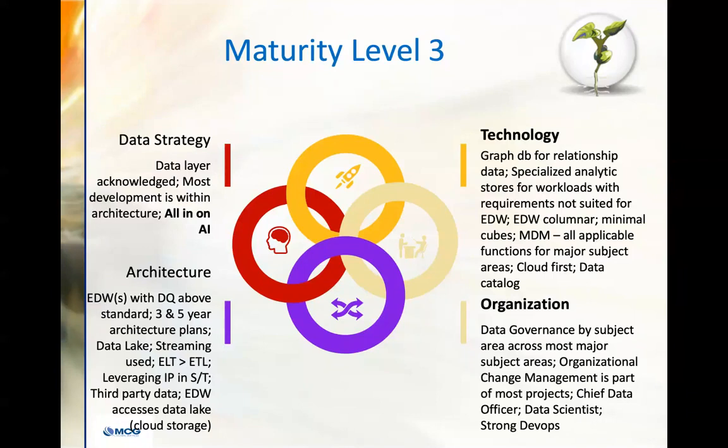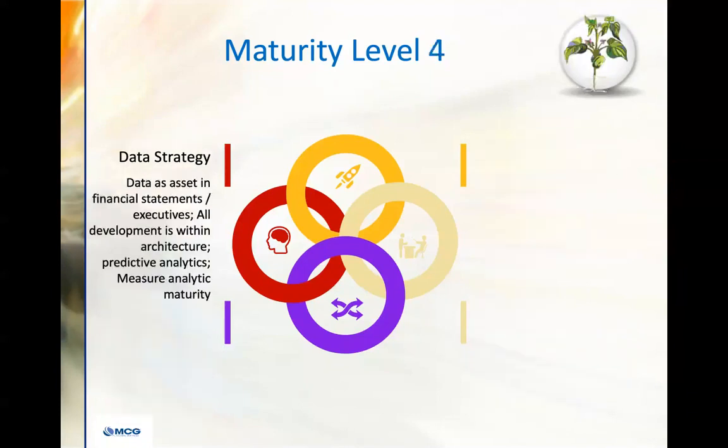So let's get here. And beyond level 4 is level 3 plus. The things you see here, data as an asset and financial statements. You know it had to go somewhere for it to get to this level. So that's a goal for you right there. All development within architecture, not a lot of rogue development. That obviously you've got a nice balance of centralization and decentralization in place, but there's not a lot of rogue development that's going to serve a one-off purpose and nothing else. And if you keep doing that, you will get stuck in terms of maturity.